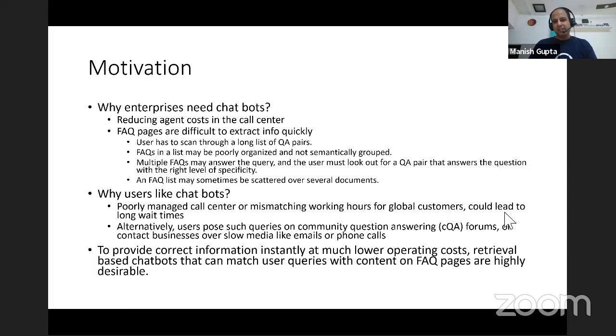Because, to avoid call center calls, they have FAQ pages, but FAQ pages are long. Answers may be spread across multiple pages or across multiple questions in the same page. So overall, it's a pain for the users, even when enterprises have FAQ pages. So they would very much want some software which basically takes their FAQ pages and automatically creates chatbots out of them. Right? And users also want chatbots because they do not want to keep calling call centers and wait for